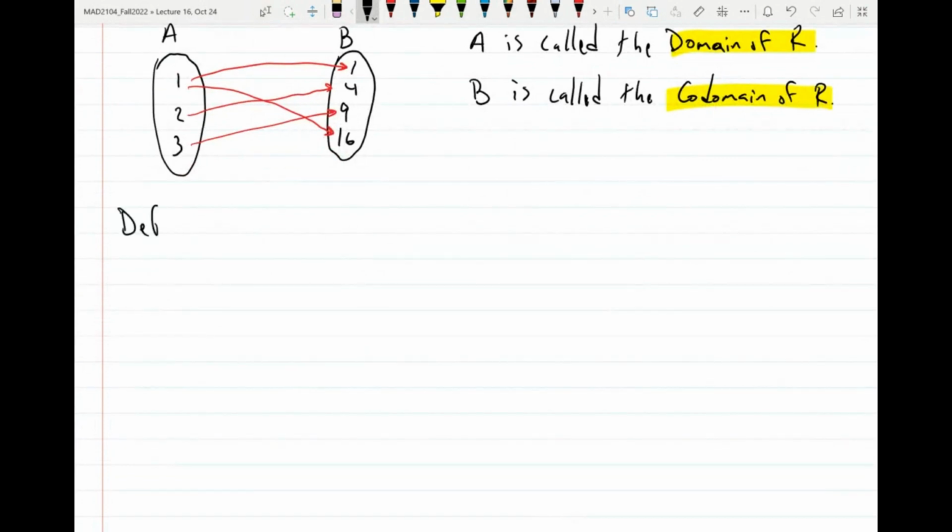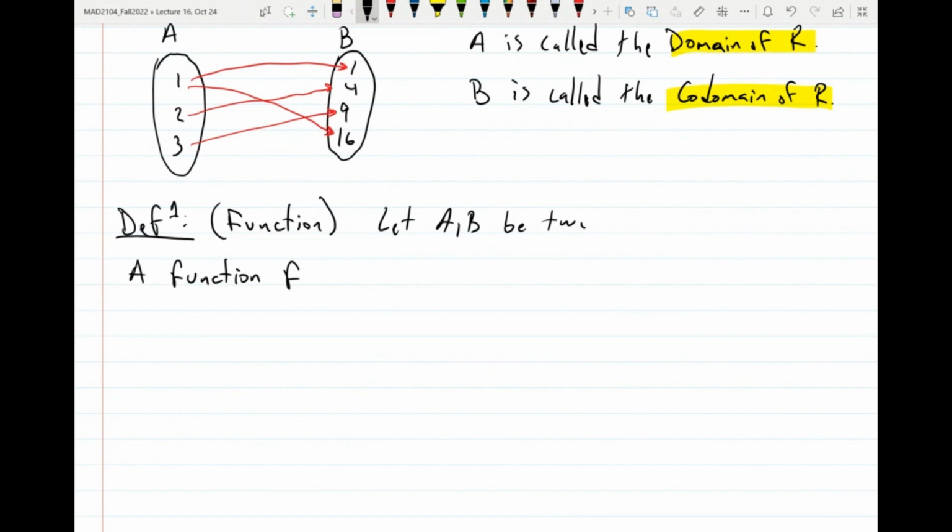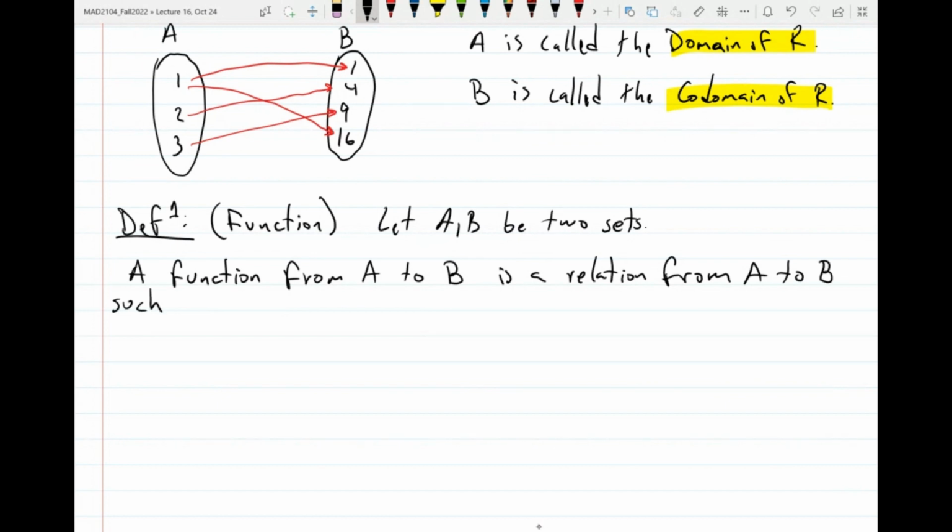The definition. This is the notion of function. So a function from A to B. Let A and B be 2 sets. Then a function from A to B is a relation from A to B such that, I'm going to first write in words and then we're going to use formal symbols. So a function from A to B is a relation from A to B such that every